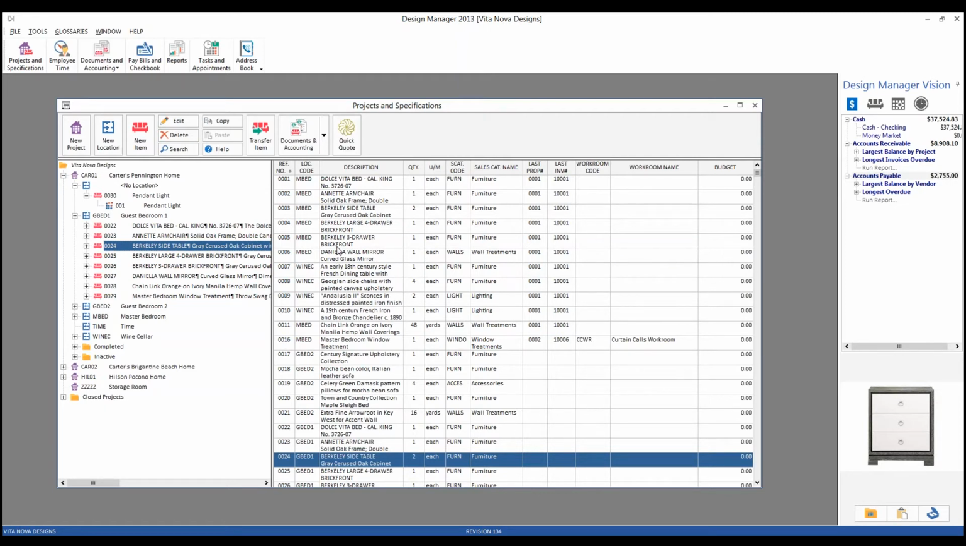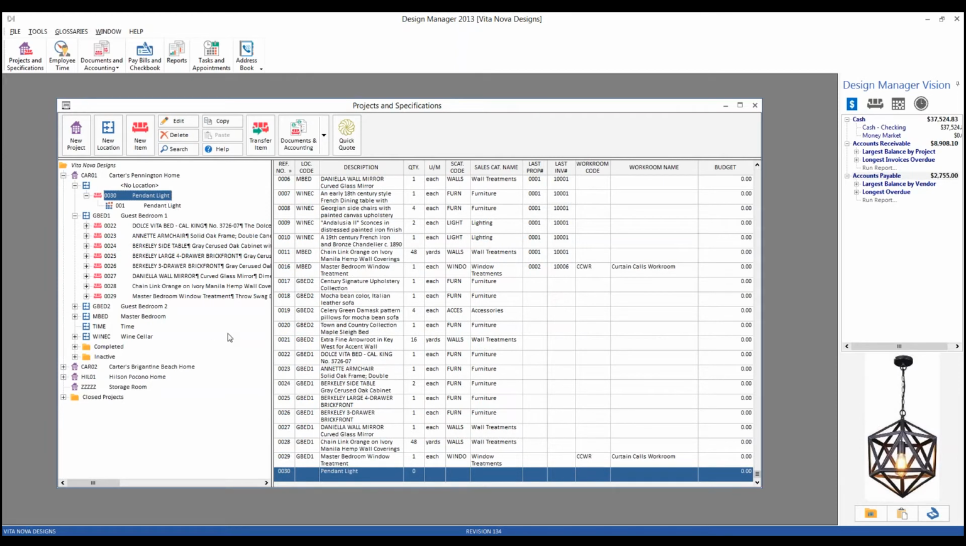For those of you who are really paying attention, I talked about another very handy feature in Design Manager a little while back, copy and pasting items. Let's imagine that we have our pendant light that we just created, and the Carters love it in their Pennington home, and they want the same one down in their Brigantine Beach home. Rather than retyping all of our information, which depending on our description and the amount of detail we want, could be a lot of data entry, I can copy the pendant light,